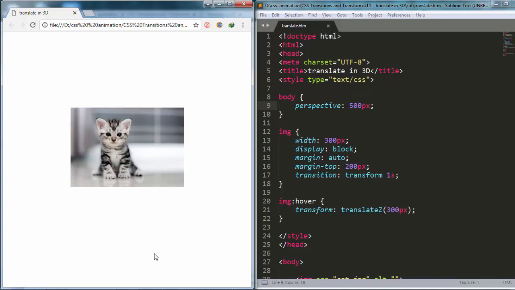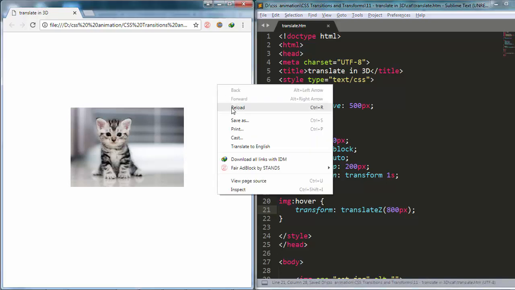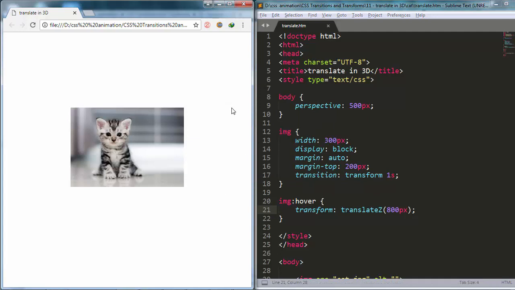So I'll go back to my code editor and change this 300 pixels to any value bigger than the perspective, which is currently 500 pixels. So let's say 800 pixels. Now, before I hover over the image, let's imagine what'll happen. The distance between the image and our eyes is 500 pixels. And we want the image to move 800 pixels towards us. So what will happen